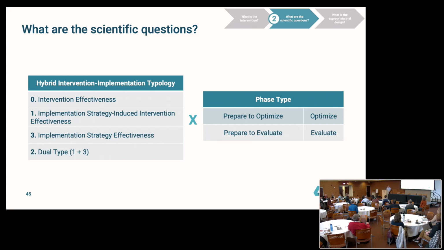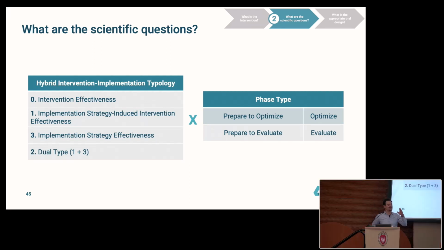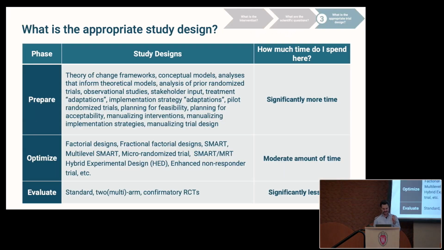No, absolutely not. And by the way, the confirmatory RCT is not just for efficacy. The confirmatory RCT is for efficacy, it's for effectiveness, and it's for implementation strategies. What I'm saying is this. I want to see a world where we're spending a lot more time in preparation, a good chunk of time in optimization, and save the evaluation for when you think you are ready to evaluate it, and avoid these crapshoot confirmatory trials across all three of our communities: efficacy, effectiveness, and implementation strategy.